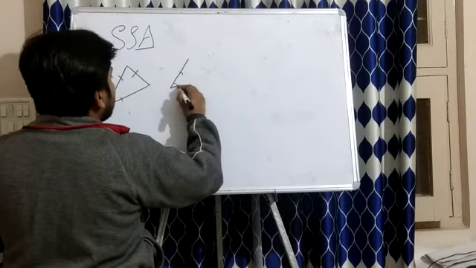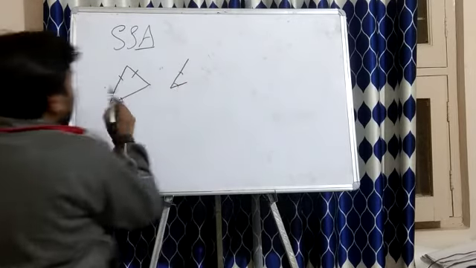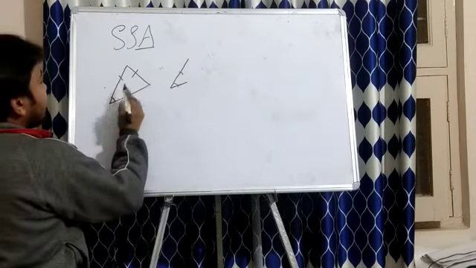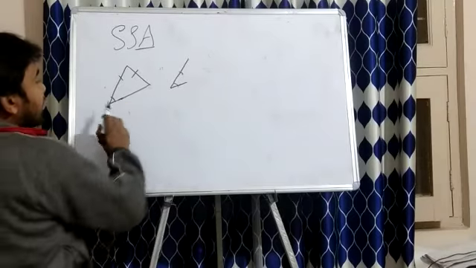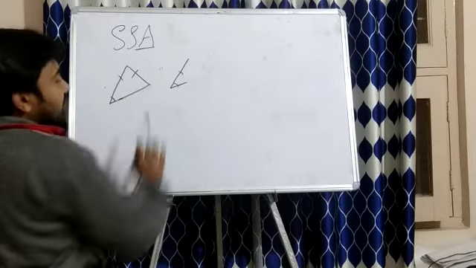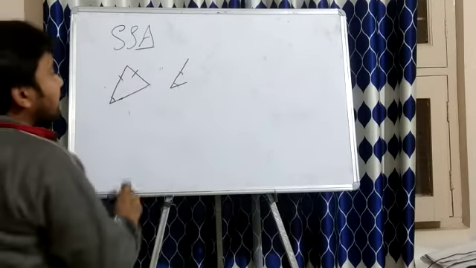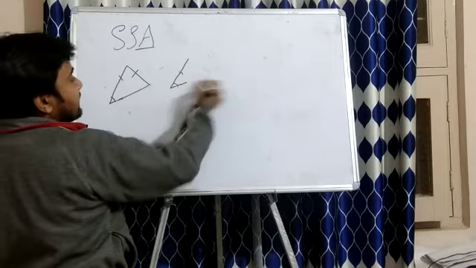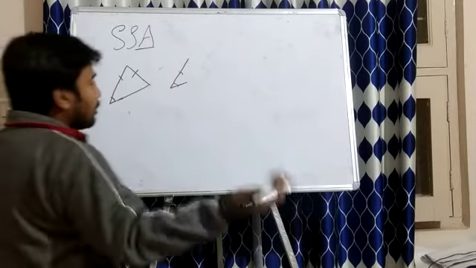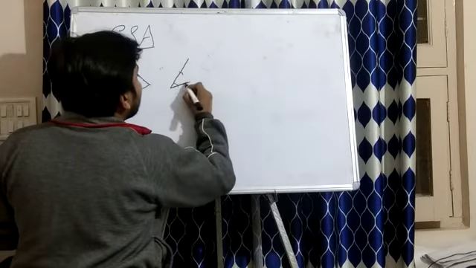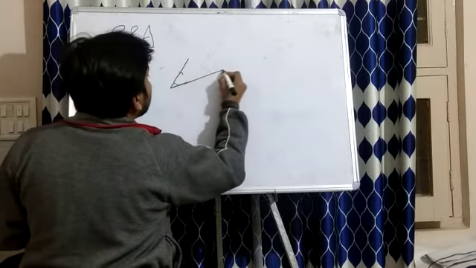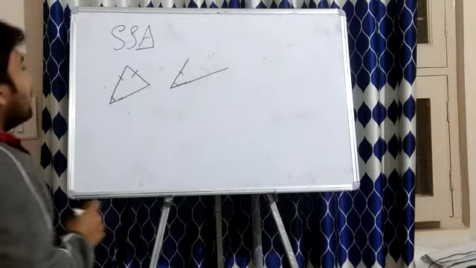Now, then it will go like this. Since there is no constraint over this side, therefore we can draw this side smaller or longer. So let me make it a larger one because there is no constraint. Okay, now